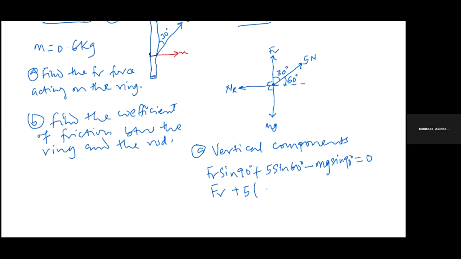Is that clear? 0.8660. Minus mg, because sine 90 is also 1, equals 0. So that means FR equals mg